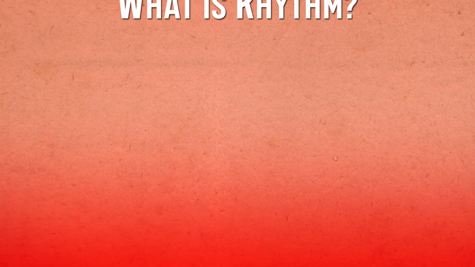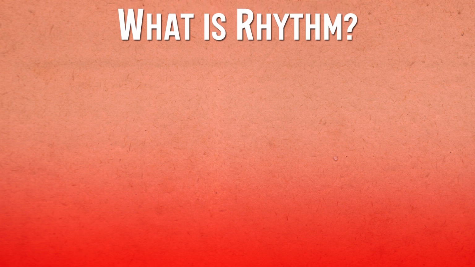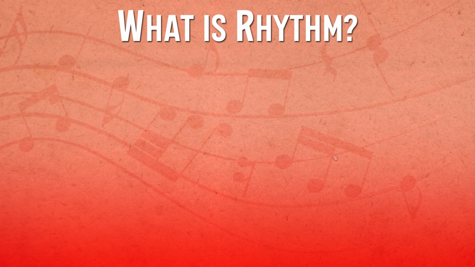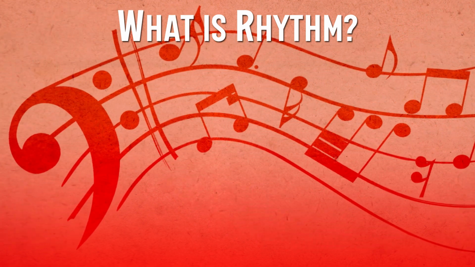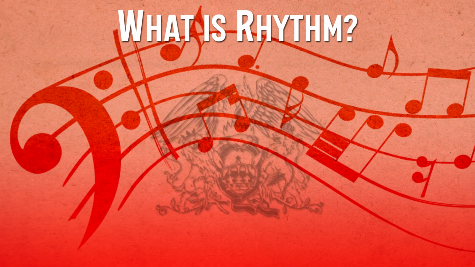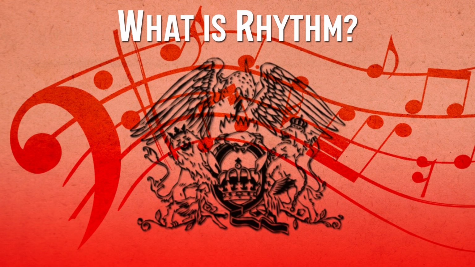So, let's start off like we always do. What is rhythm? Just as I said there was an association with words at the beginning, my immediate word association with rhythm specifically points to beats in a song. The beat of two stomps and a clap, probably one of the most notable and influential beats of all time.